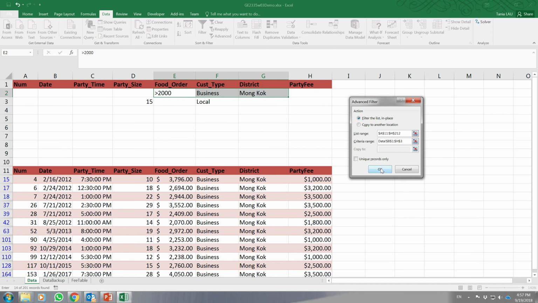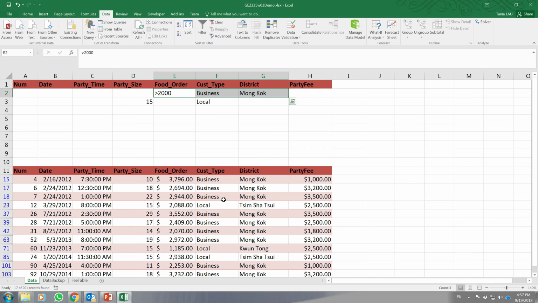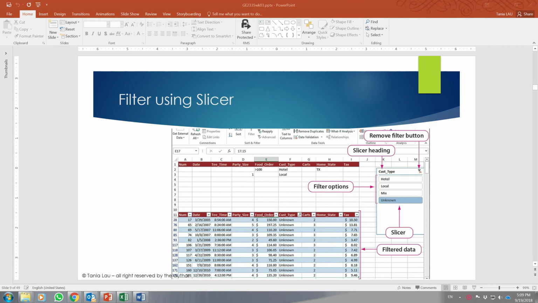Then click OK. Now you can see we have 17 records filtered. So let's jump back to the slide. After we look at filter and advanced filter, let's see how we can make use of